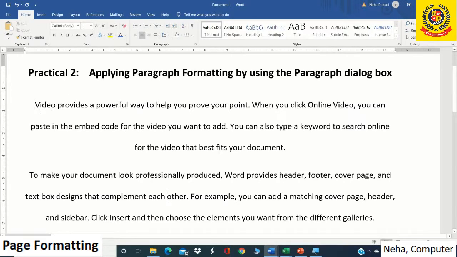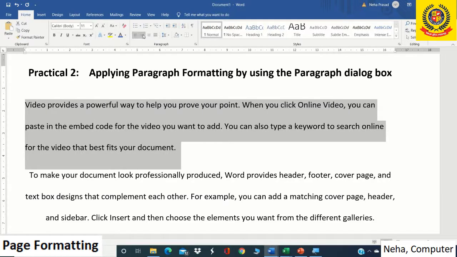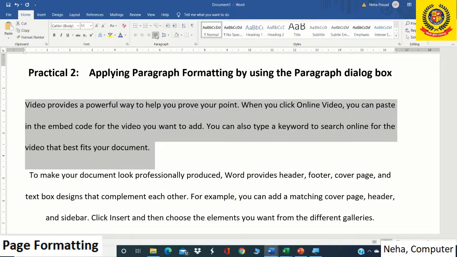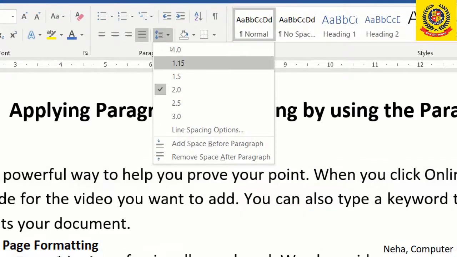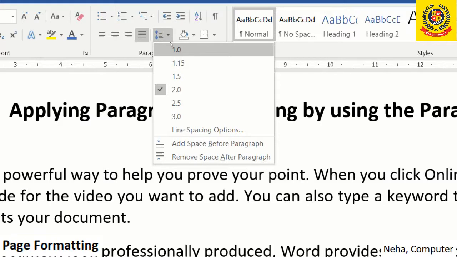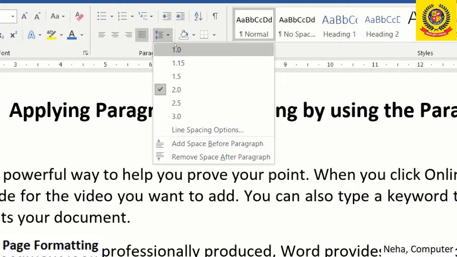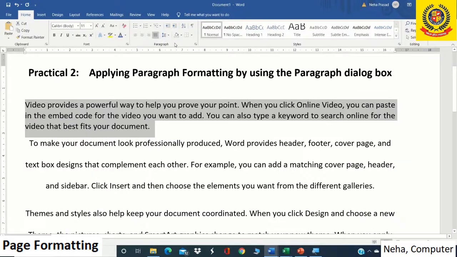We can select left alignment, which goes to the side, then center, right alignment, and this is the justify. In this way we can use the alignment, and for line spacing, we can also select from here. As you can see, if we want, we can decrease it or increase it more. In this way, we can make changes in the line spacing and alignment.